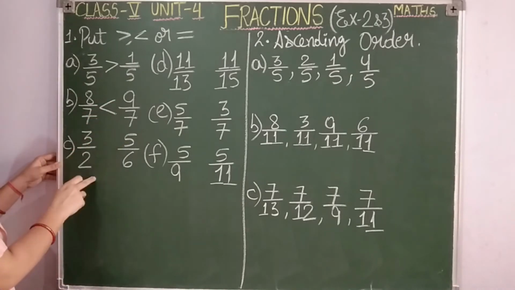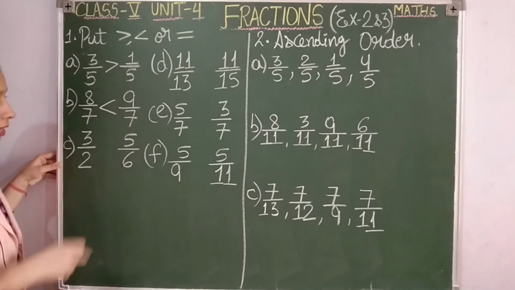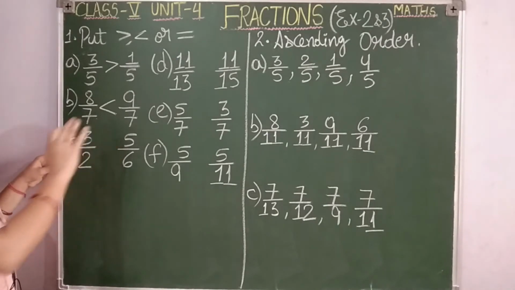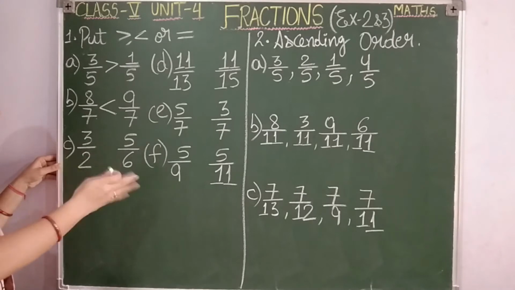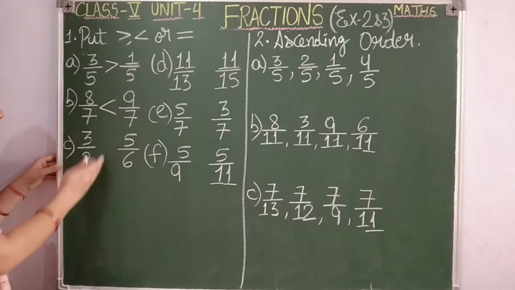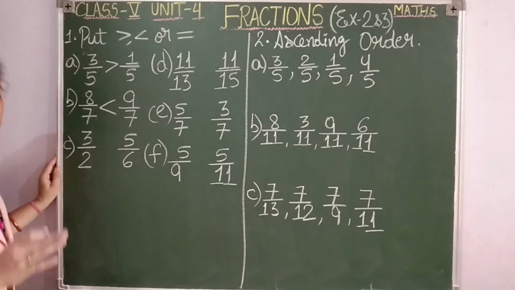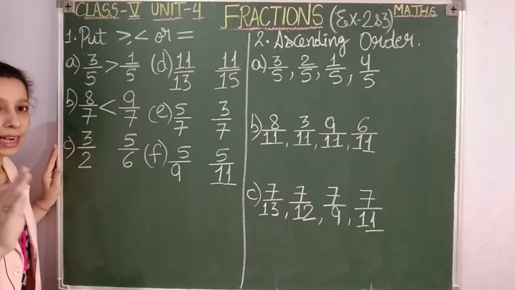Okay students, now come here: 3 by 2, 5 by 6. Here the denominators are different, students, as well as the numerators. In some cases numerators will be the same. Such fractions are also like fractions, and there how you are going to decide which one is greater and smaller, that also we are going to see. But for now see here, they are unlike fractions, but only two fractions are given. So when you have two unlike fractions and you have to tell which one is greater or smaller,